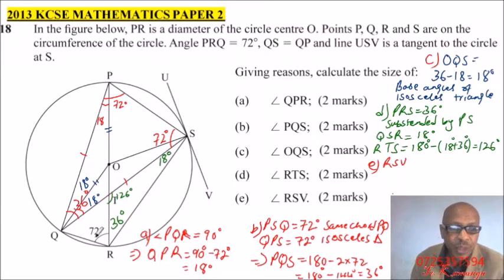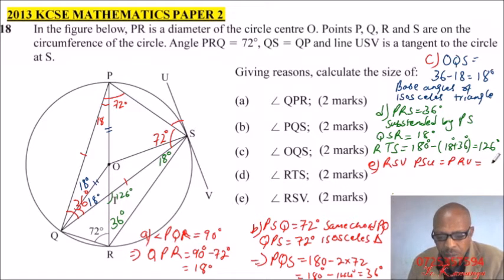Now PSU is equal to 36, because the external angle made by a chord with the tangent is the same as the angle subtended at the circumference. So we can say PSU is equal to PRV, which is 36. So if that angle is 36 and we are required to find